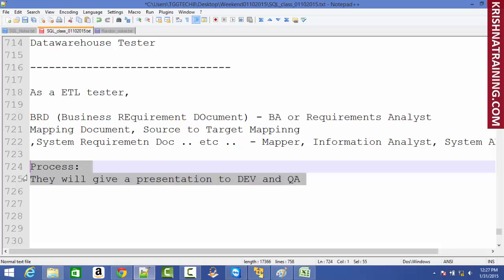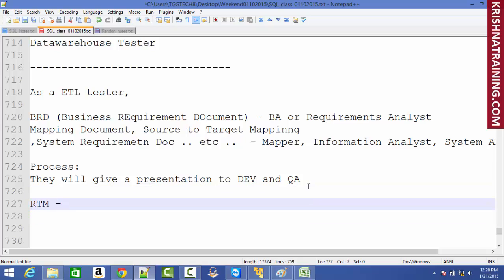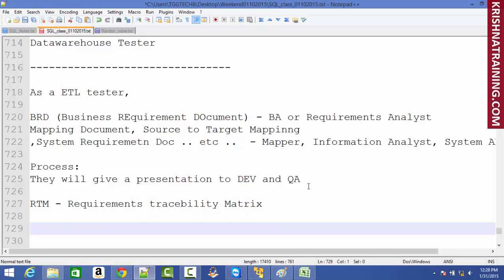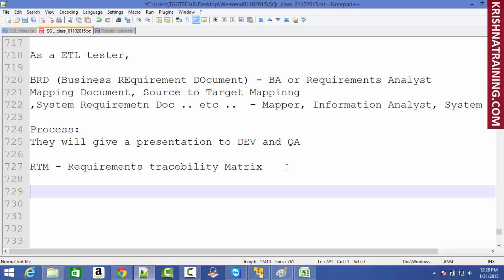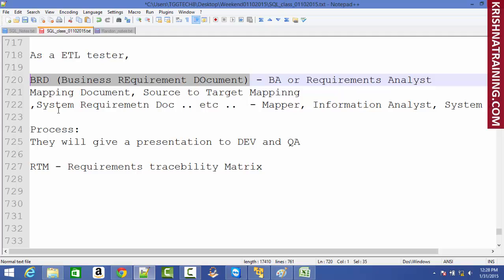By the time we finish writing test cases for all the scenarios, every single requirement should have test cases. We create a document called the Requirements Traceability Matrix, RTM. This document will have a list of every single requirement that you see in the BRD, and the rows will be requirements and the columns will be test cases, or the other way too. We can do it either way. All you do is make sure every requirement has a test case. You create a matrix to find out